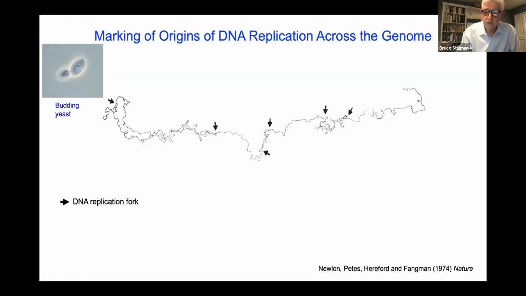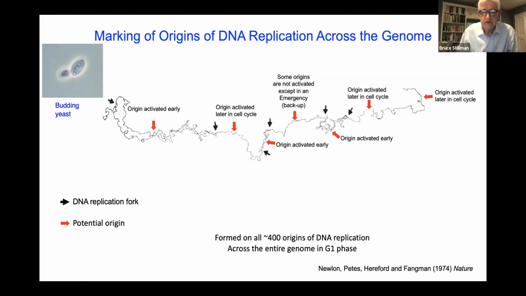Now, these replication forks start at origins of DNA replication, and these hypothetical ones are marked in red. The ones that are here, like this one, have fired early. This one a little bit earlier than this one here. Some of them haven't fired yet and will fire late in the cell cycle, but some of them are destined never to fire. They're called dormant origins, and they're a backup system. If there is damage to the genome, they can fire, if necessary, in late S phase to complete replication before